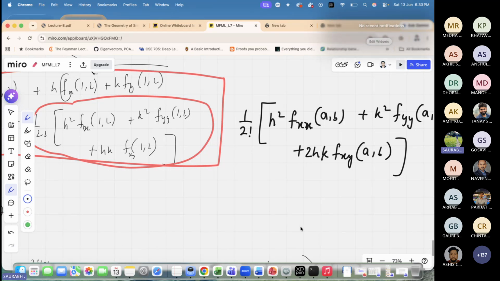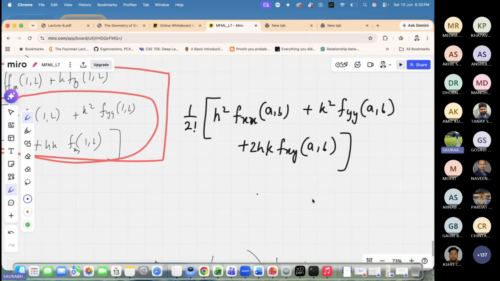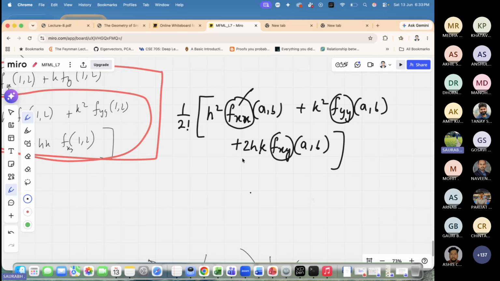So this is what it is. Now, if you think of these three terms that you have, fxx, fxy, and fyy, these basically constitute a special matrix. These are the constituent terms of a special matrix, and that special matrix is called the Hessian matrix. Think of it as you have